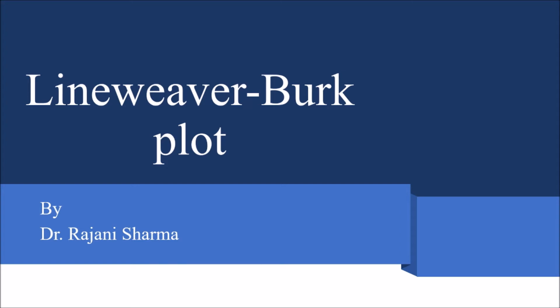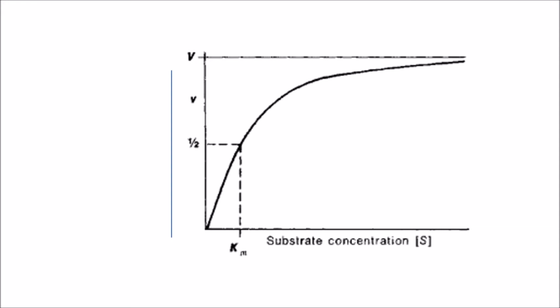We have done that. Now, there are certain drawbacks with the Michaelis-Menten equation. So, to overcome that, the Lineweaver-Burk plot was used. What exactly the drawback is: for any enzyme action, Km is very important. Km determines the affinity of the enzyme towards its substrate, or we can define Km as the dissociation constant of the ES complex. So, determining the Km is very important for any reaction catalyzed by an enzyme.